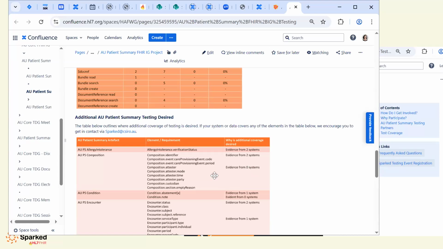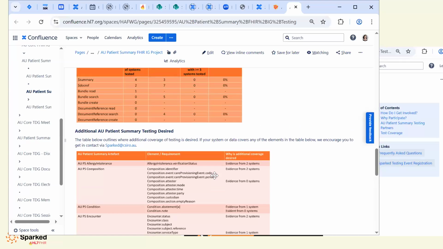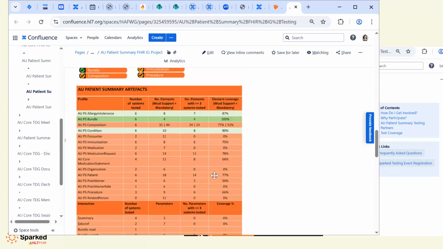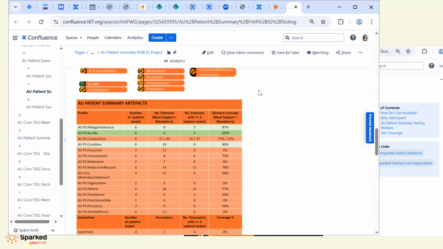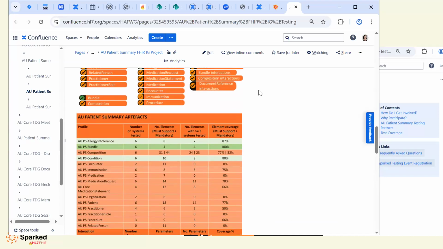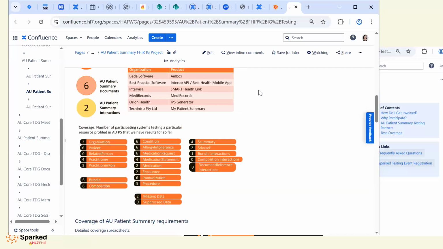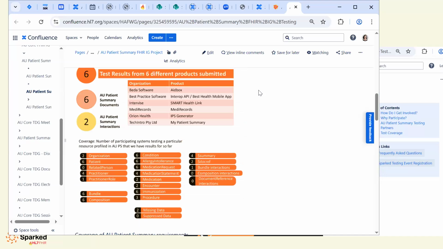So that's where we got to in the results. That was a pretty good exercising of a whole number of elements and where people are at the moment as we're starting this. We'll keep tracking this through and reporting them back out of all the events, as well as working with people outside of the events who are looking to implement to understand what is really needed. And where we've got requirements that are in AU Patient Summary, but they're actually not needed, then they shouldn't form part of the minimum requirements. That's also really important to understand.